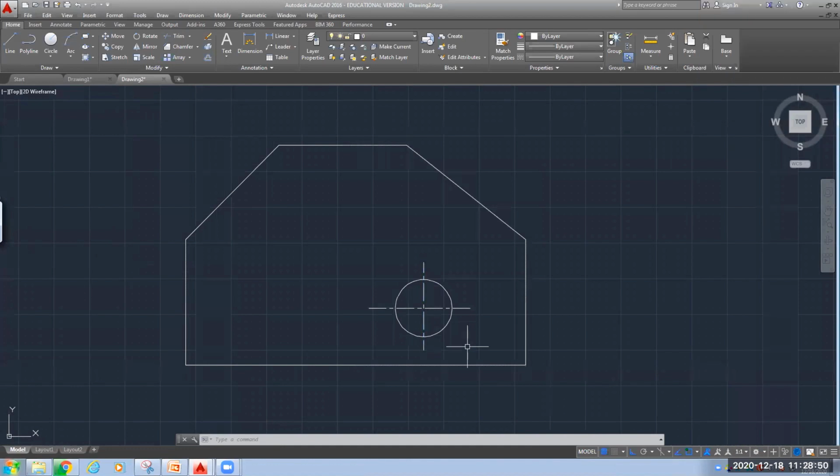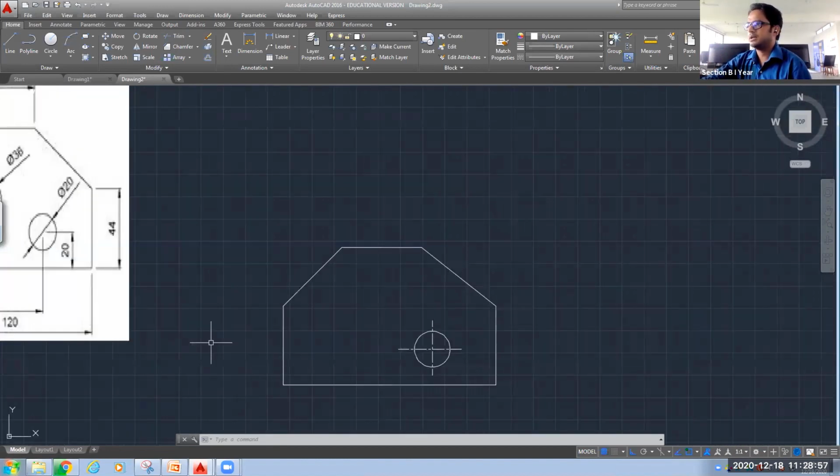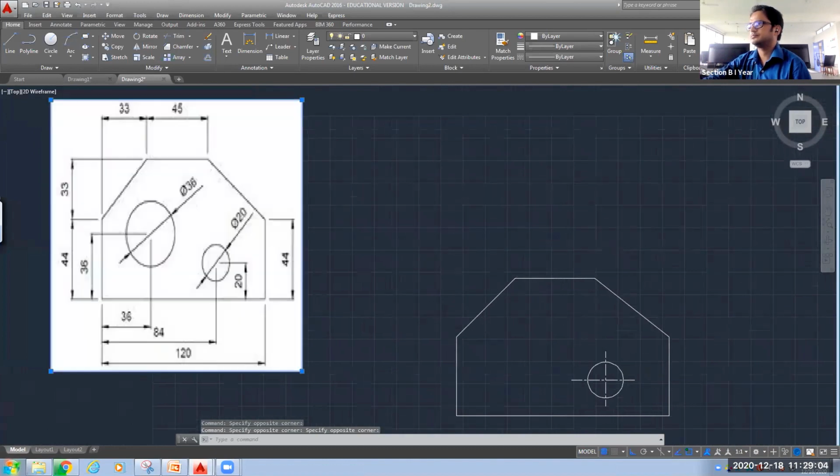Okay. So in the same way, we will draw the another circle. Where is that another circle? Let's bring this figure inside a little bit. The another circle is located here. This is 36, I think, and this is also 36. The figure is blurred since I have done some operation on it. Okay, so let's zoom this out.